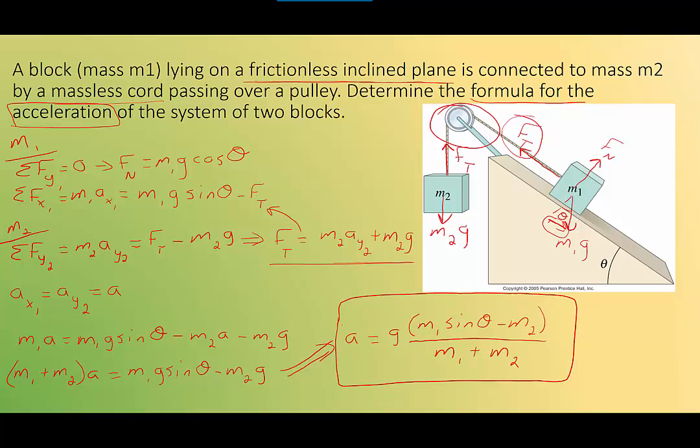and we can break it down into the sum of the forces in the x direction, the sum of the forces in the y direction, using Newton's second law that F equals ma, and then understanding that they have some things in common. In particular, the force of tension is the same for both of them, and because they are connected with the cord, then the acceleration is the same for both blocks. So knowing those two things are equal, then we can combine all of this information